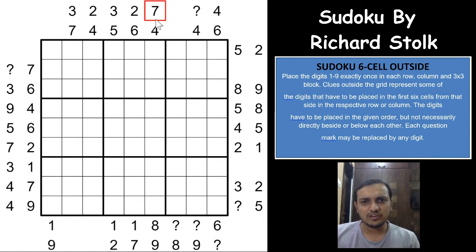So if it is a 7 and 4 from this direction, then the 7 and then the 4. And if you see here the 8 and 9, then from this direction, 9 would have to be somewhere here and then the 8, from the opposite direction. That is what the Sudoku is all about, something very different from the usual outside Sudoku. Usually in an outside Sudoku, we have the numbers appearing in the first 3 cells, but this is the first 6 cells. It's a really nice one, a nice idea, and with that we'll start solving this Sudoku.